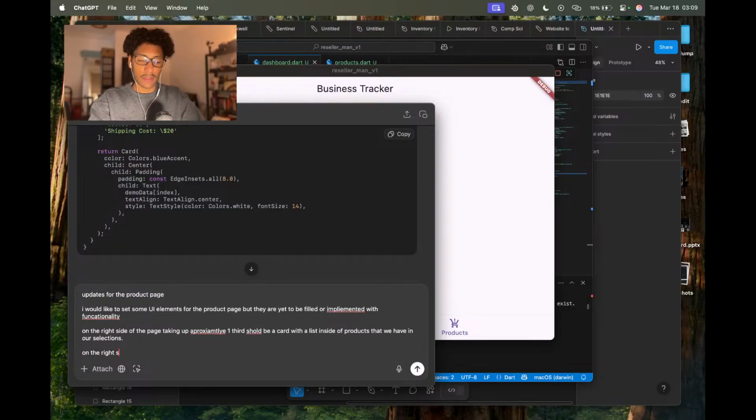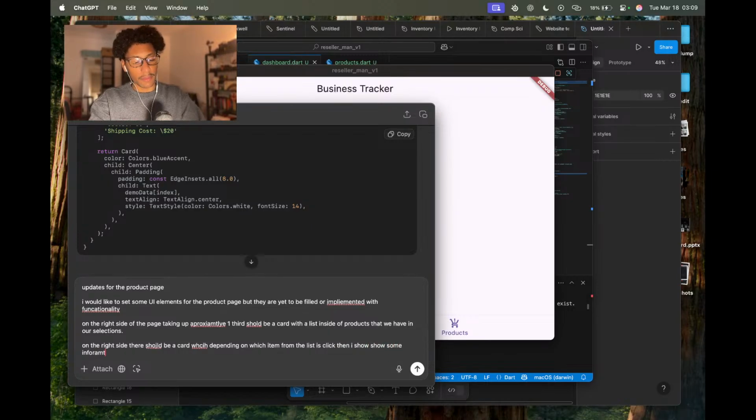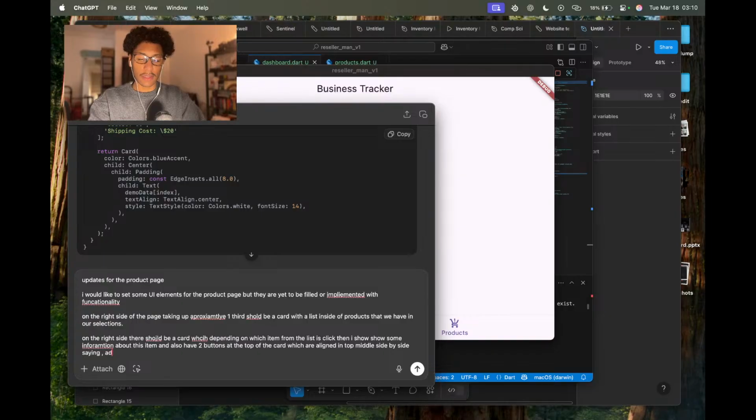On the right side there should be a card which, depending on which item from the list is clicked, will show some information about this item, and also have two buttons at the top of the card which are aligned in the top middle side by side,